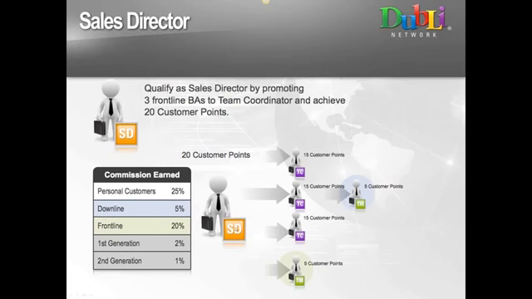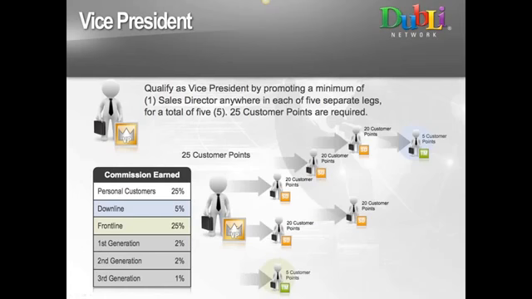Now, the next position in our business is the vice president. And here is where it'll change. To be a vice president, you need to have 5 sales teams, 5 separate individual organizations. In the organization needs to be a sales director, but you do not need to have personally enrolled them. They can be anywhere in that sales team. And when you have 5 of them, 1 in each separate sales organization, you get the promotion to vice president. Another 5% is assigned to the position, so now your cumulative total is 25%. The differential between the vice president and a sales director organization is still 5.